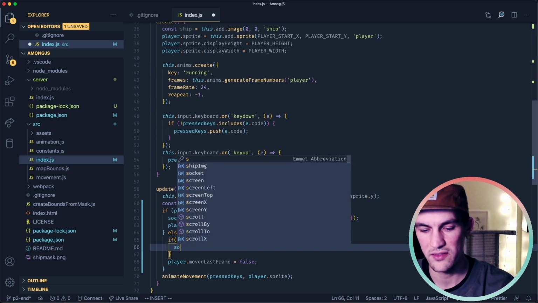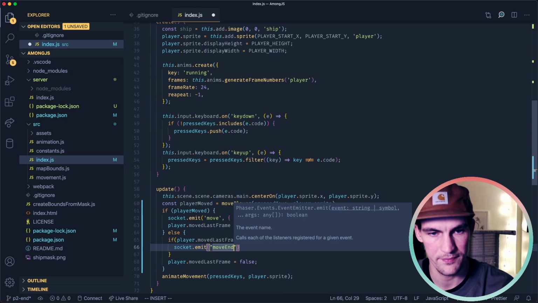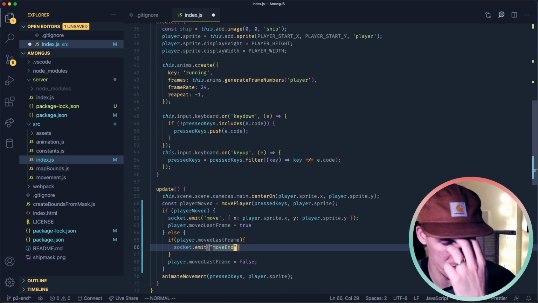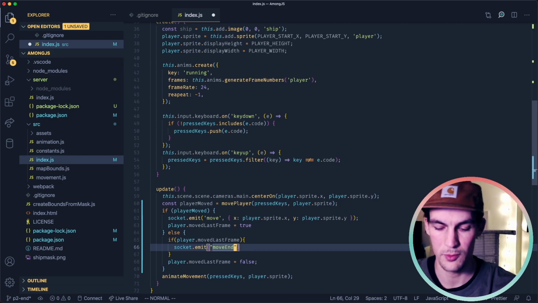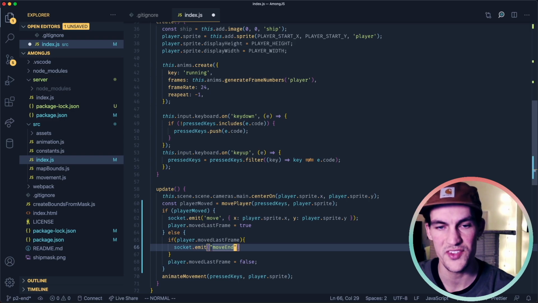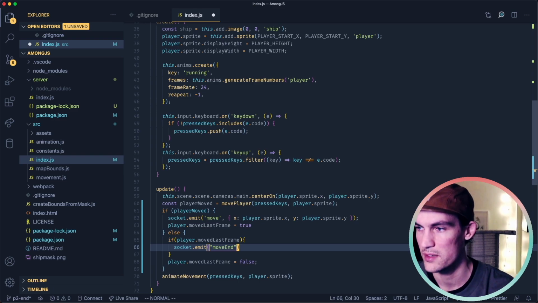Then we can emit an event that we're going to call moveEnd, because that can trigger the animations to be stopped, so that it will become simpler. We don't have to have as much logic on the receiving end of the socket. Instead we know that we should stop the run animations when the other players are sending the event of moveEnd.